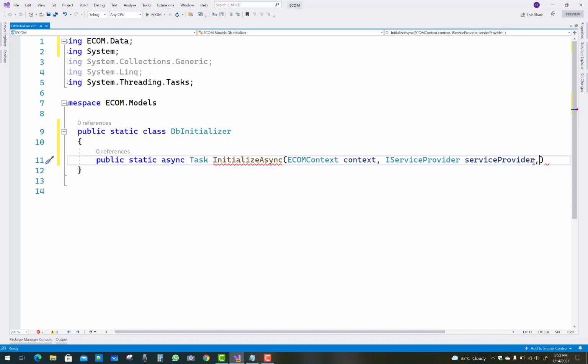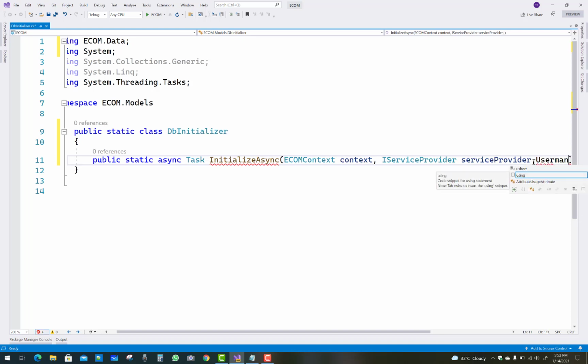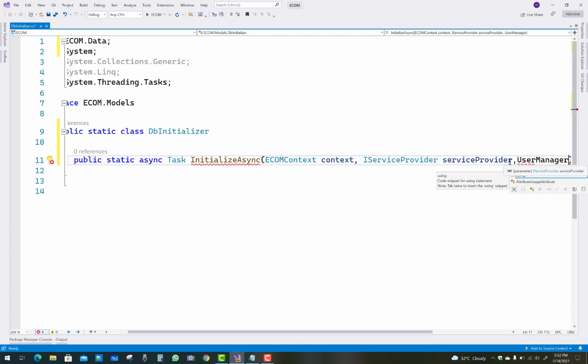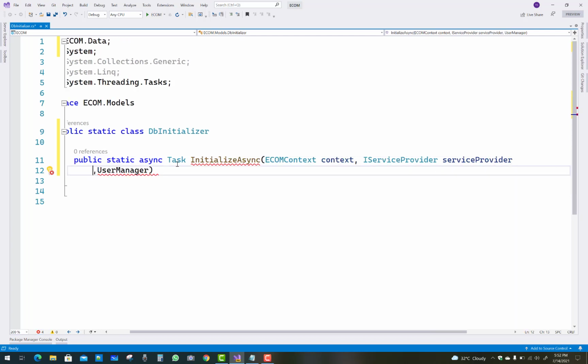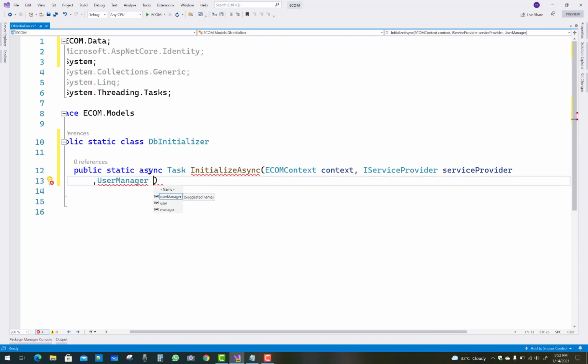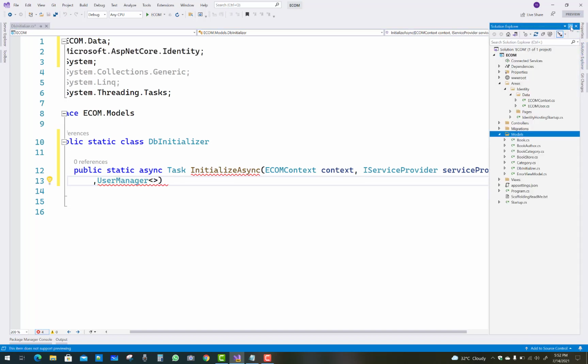After that you can use the next thing, the UserManager, for EcomUser. You know that the user manager gets the users from the database table. So UserManager is a class that holds users' information, so you can use it here with EcomUser.